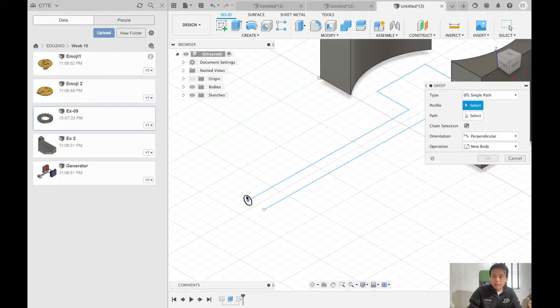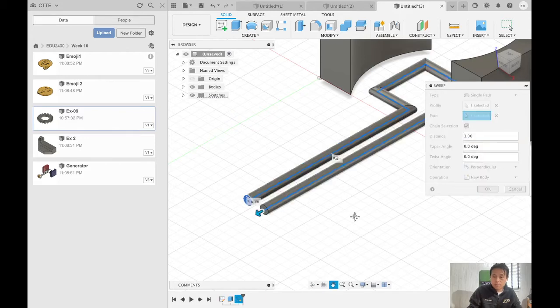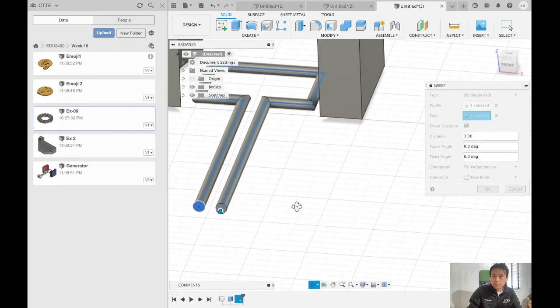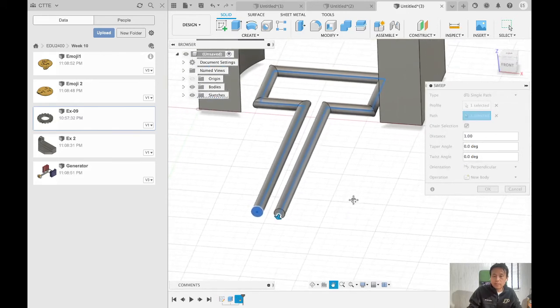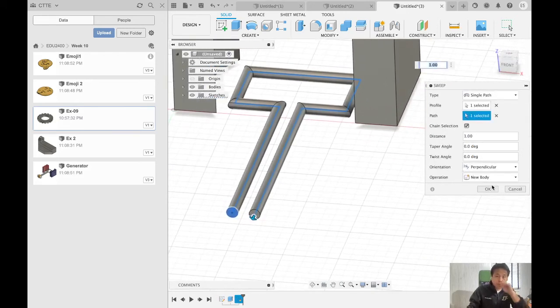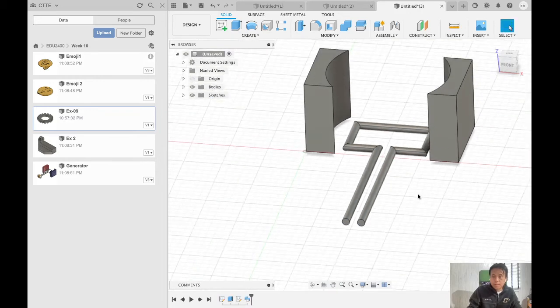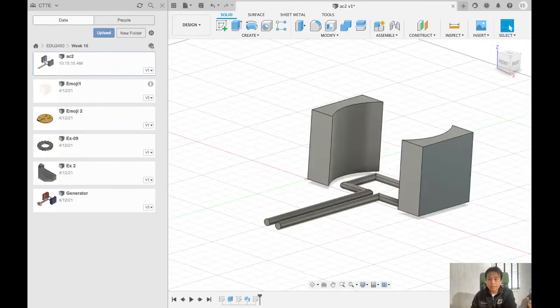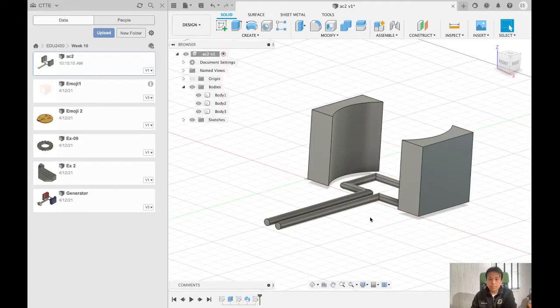The profile is this circle, and then the path is this coil. Let's click that and it created a coil, right? This is the coil. All right, so you can click this one as a new body. Okay, so once we created this coil, the next step is to move this coil to the middle of